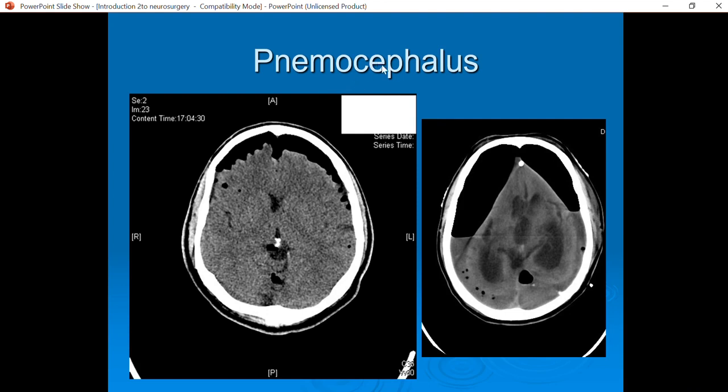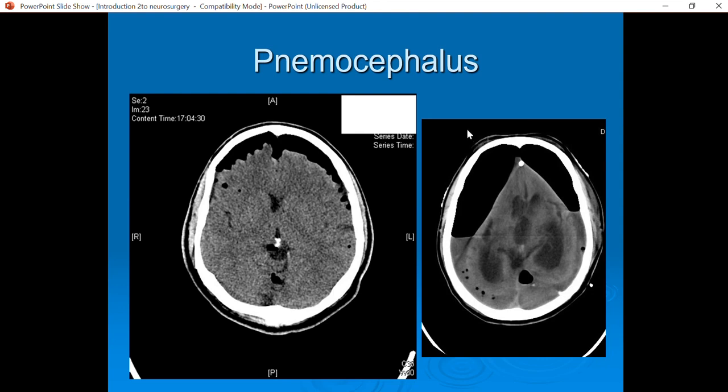As we mentioned, when there is skull base fracture, there is risk of entrance of air into the skull, and that is called pneumocephalus. It can be simple pneumocephalus or tension pneumocephalus. As you can see here, tension means one-way valve. The air is entering and is not allowed to exit, and that can cause compression and brain herniation. The treatment for simple pneumocephalus is conservative. The treatment for tension pneumocephalus is emergency burr hole and